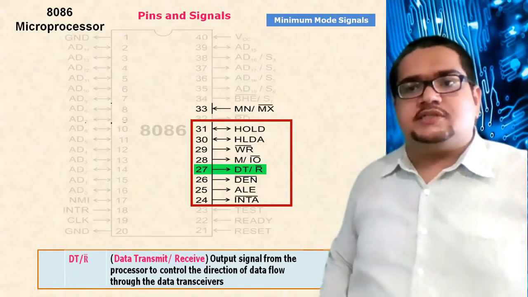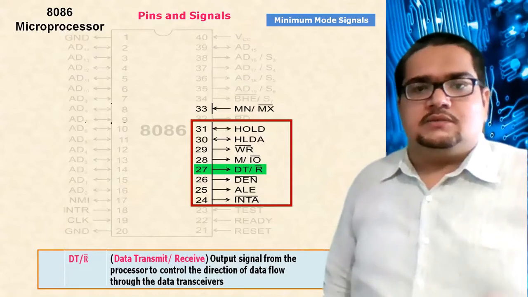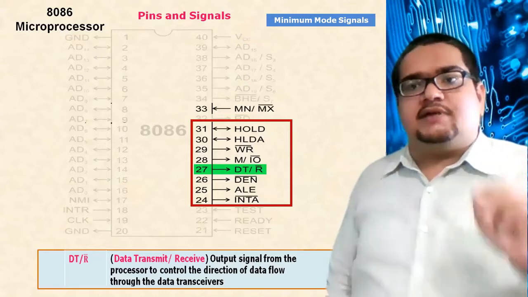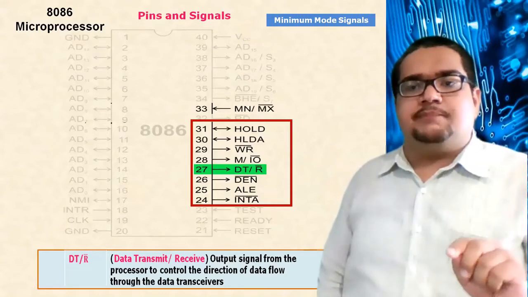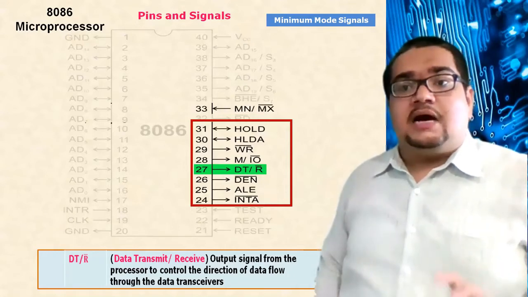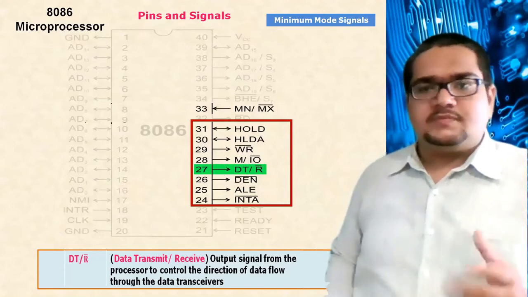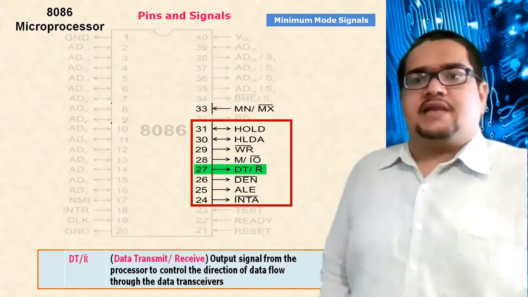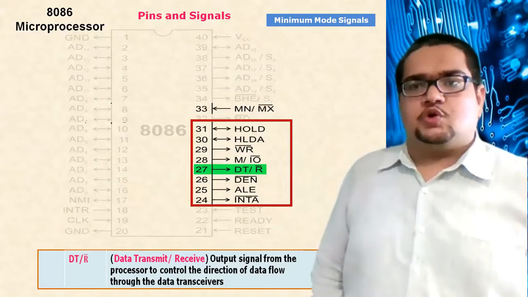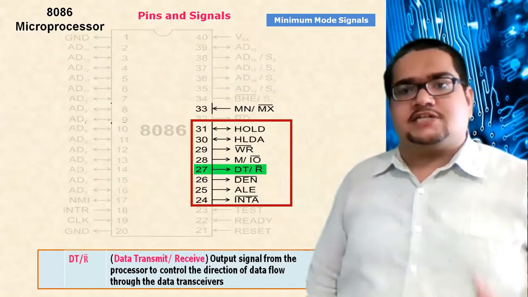It shows the same indication as the read and write. Okay. Basically, read and write are directly given to the IO devices and the input devices, whereas this DT/R bar signal is a general indicator for all the other peripherals. One may ask the question: when we have dedicated read and write to show whether the processor is reading or writing, then what's the need of another signal, DT/R bar?